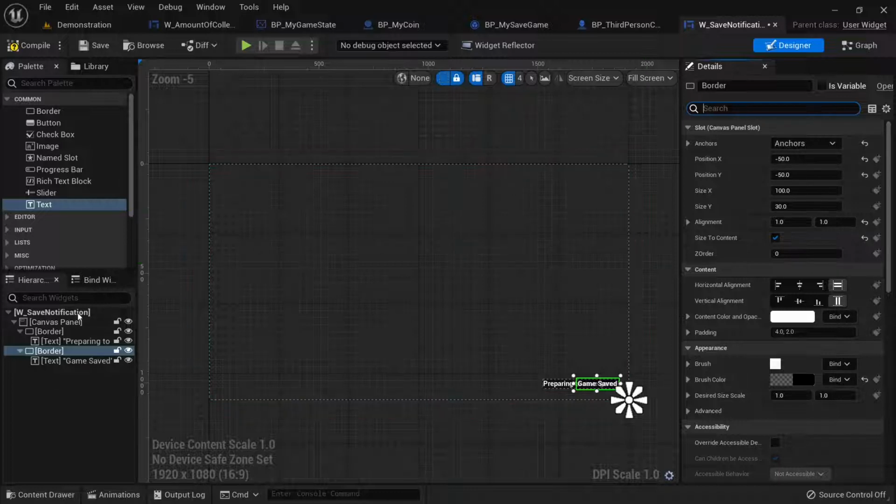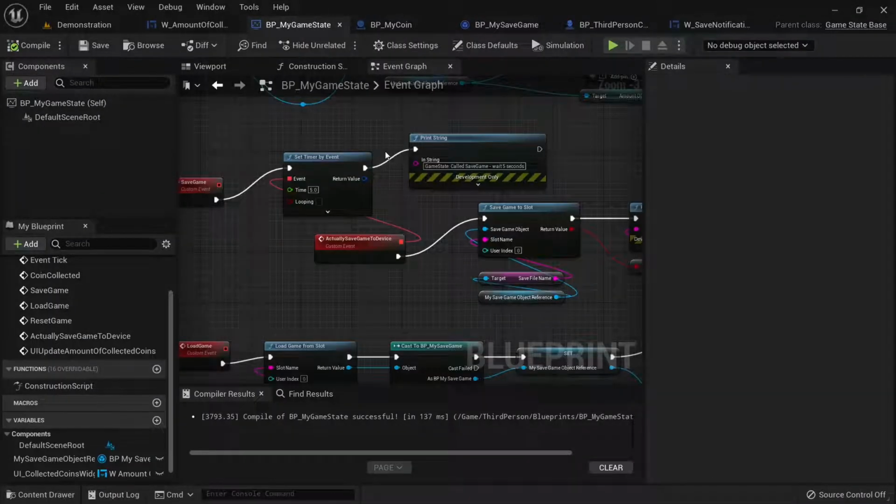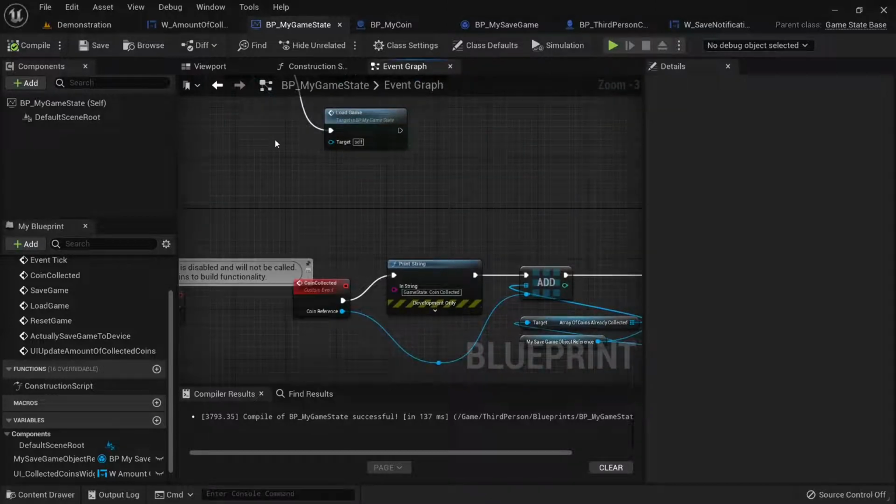Now let's make these borders variables so we can access them from blueprint. We'll call it preparing to save container and set it as a variable. And another one is game saved and set it as variable. And compile and save. So now we go to game state and let's add this widget to viewport